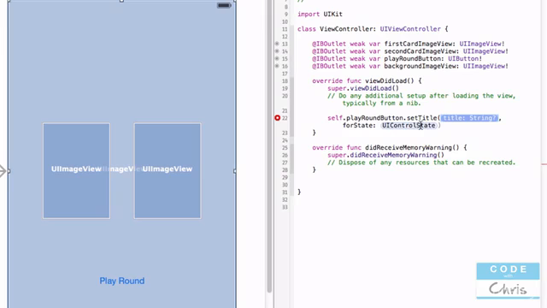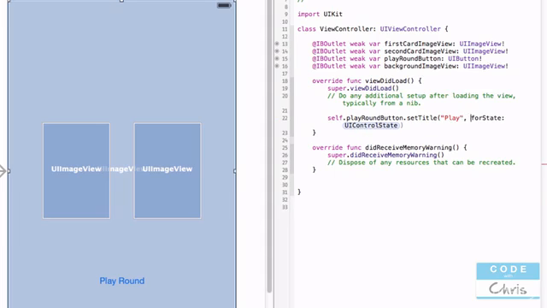So you're going to see that even though in the storyboard we specified the title to be playround, after the storyboard gets turned into a view object and all of these guys into their own objects, when it gets connected to the UIViewController, this viewDidLoad function is going to get called. And then this line that we're writing now, this line of Swift code, is going to access that UIButton object that is created, and it's going to call this method setTitle. And then it's going to change the text to